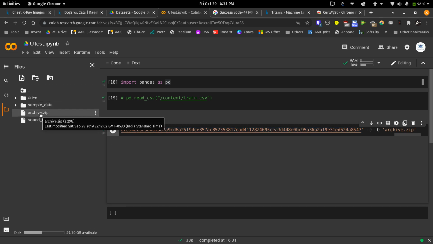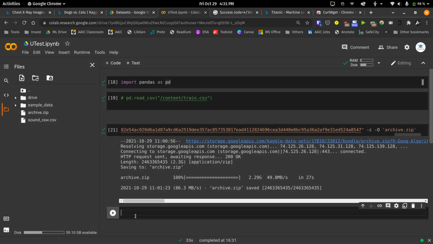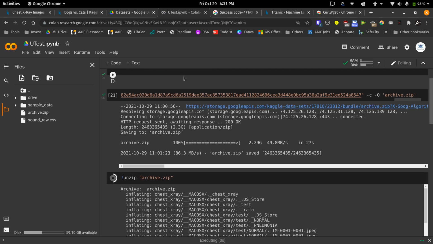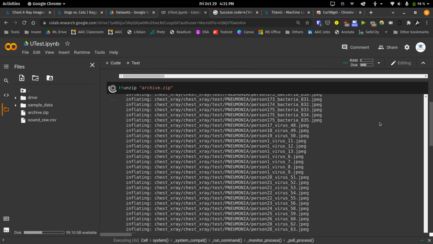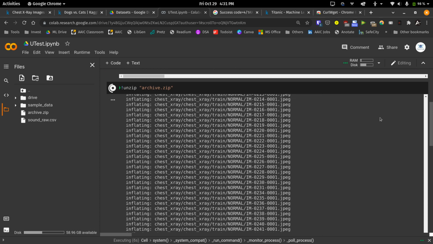Next we can just extract this here itself. For extraction we can use exclamation followed by unzip and give the name of the dataset. It just inflates all the files into a proper folder.